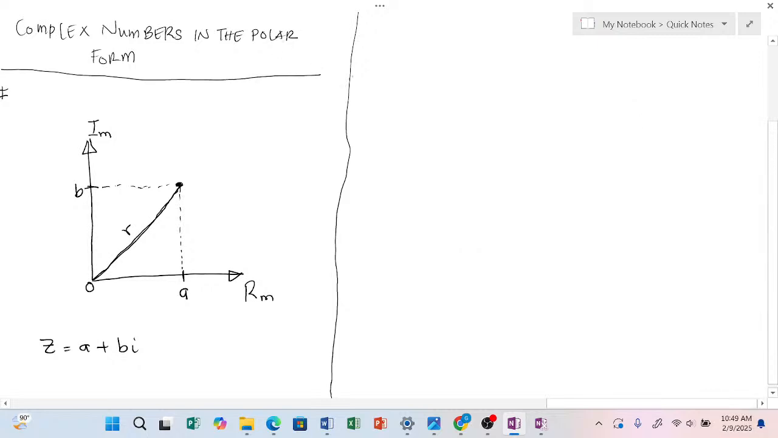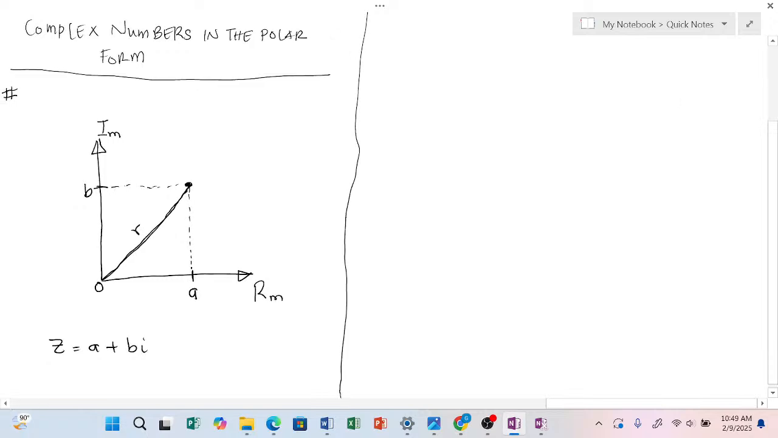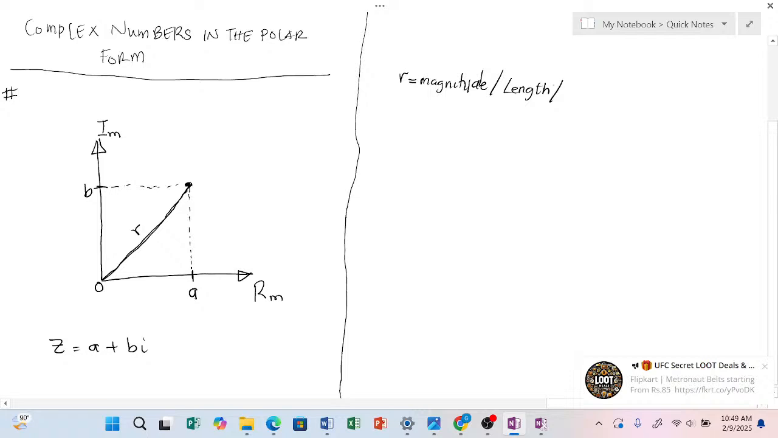So if I'm calling it R, then R is equal to the magnitude or length. But you see, the mathematics people, they want to show us that they are our guys, so they use another word called modulus. So this R can be magnitude, can be length, can be modulus. So our R, in terms of calculation, is equal to the square root